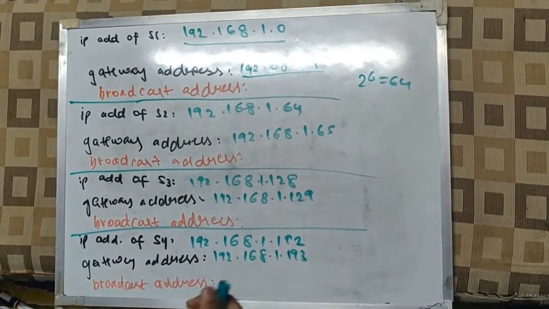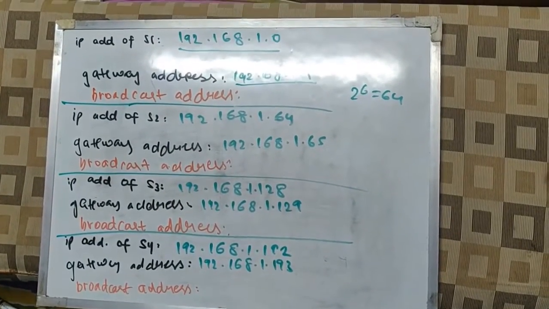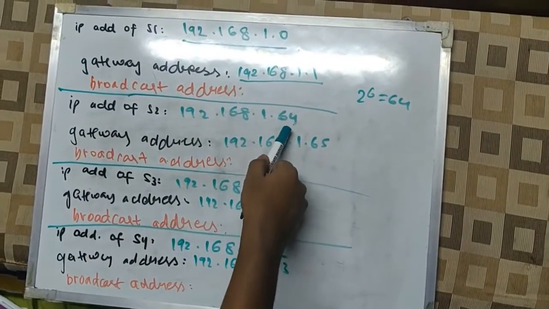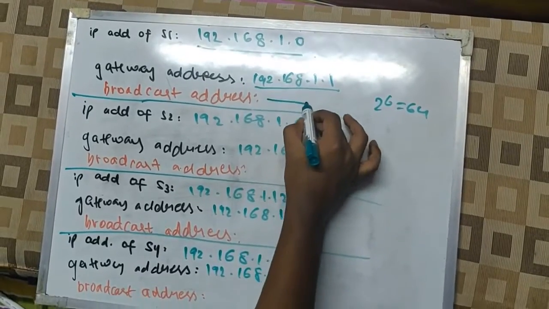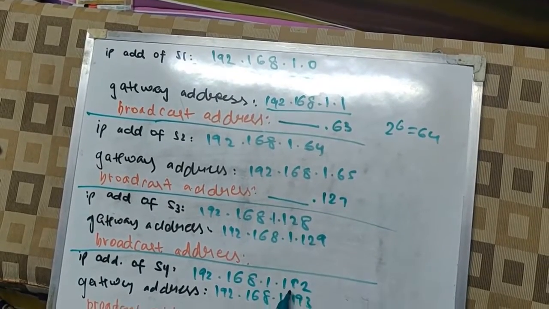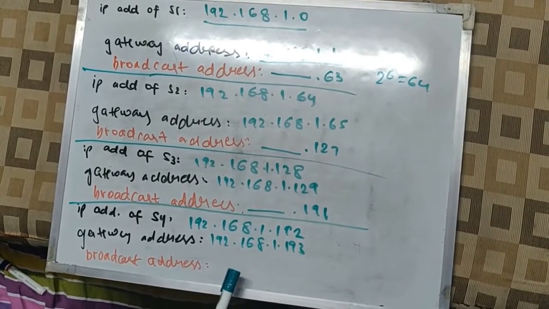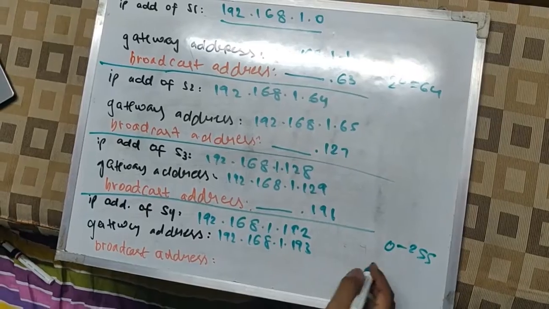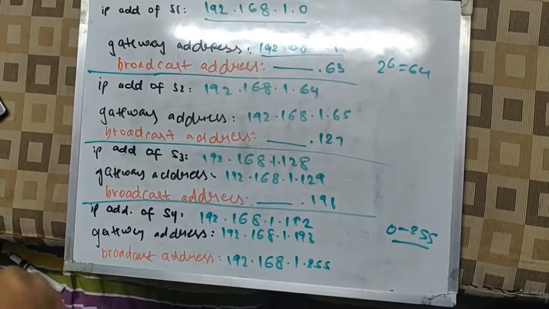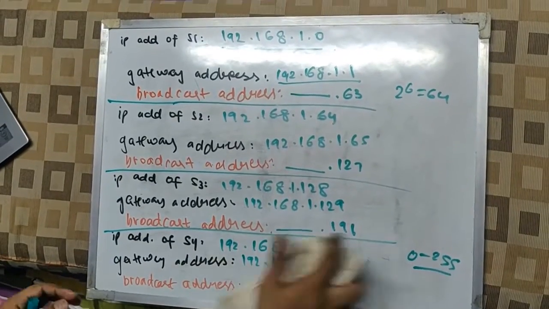And let's suppose you want to broadcast a message to all of these hosts, then you utilize the broadcast address, which is going to be the last address. If for the second subnet I'm using 64, then the last address is going to be this network dot 63. Here dot 127, and here it is 192, so the last is dot 191. And for the last one, we know the range is always from 0 to 255, as we discussed earlier, so it is going to be 192.168.1.255.